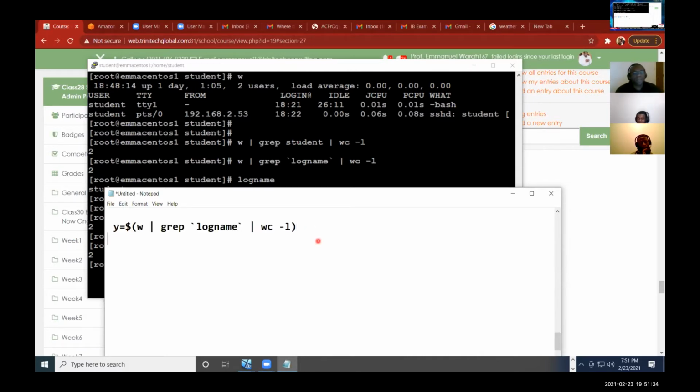All right, so I've collected a value for this variable, and that's what I really need. Then the next line will be if, right? Watch this. The next line will be if, then I'll do a test condition. If the value of $y is greater than 1. Does it make sense now to you? If the value of this whole thing, so which means if student is logged in more than 1 time, then